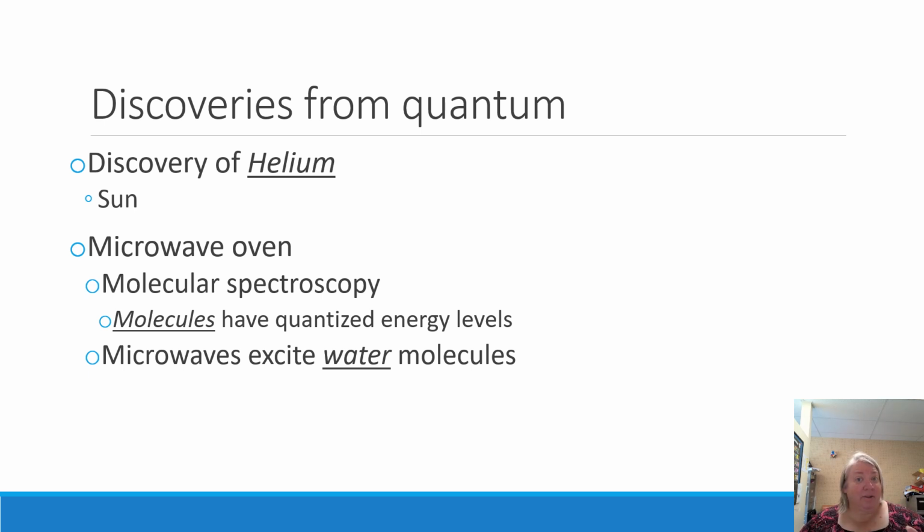So the water molecules, in their excited form, move around more. And if they're moving around more, they have more kinetic energy. And if they have more kinetic energy, that means their temperature has been raised. So how microwaves work is they send out these little microwaves inside that microwave oven. The water molecules absorb that energy, and it's just the right conditions where the water molecules get excited and it heats up your